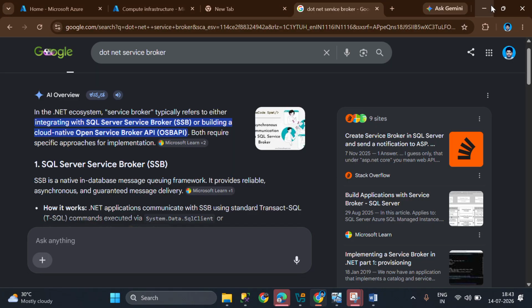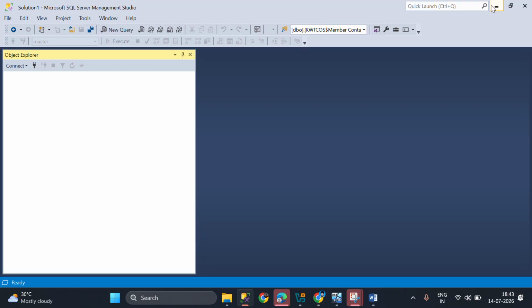In the background there is a service broker; from there the database comes to know and triggers it, so that it can send emails easily through the database mail service broker. I just wanted to give you a glance about that.